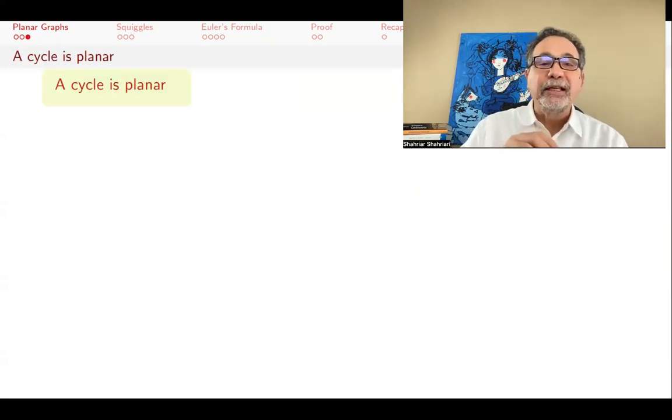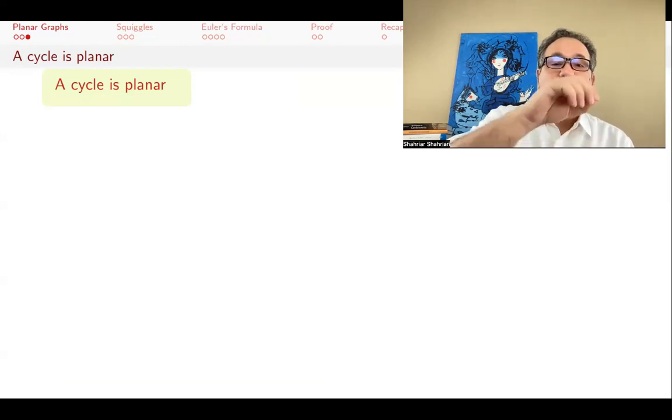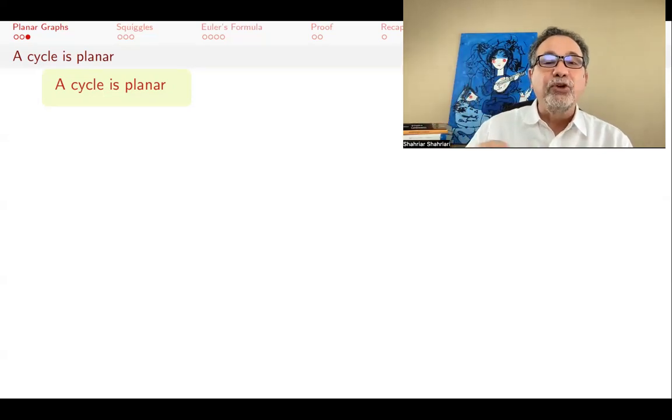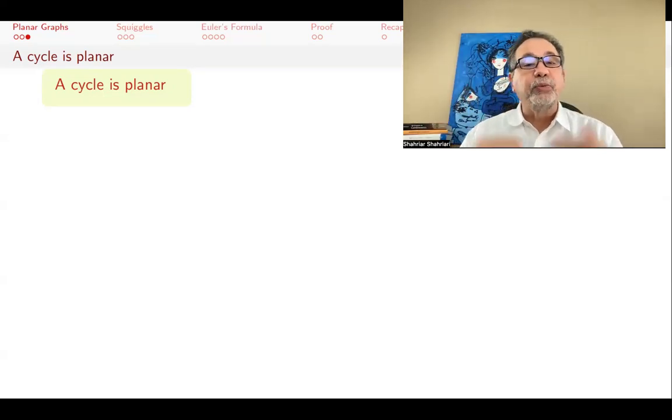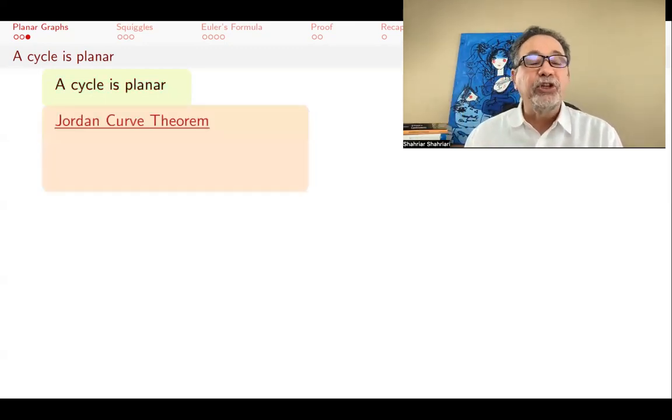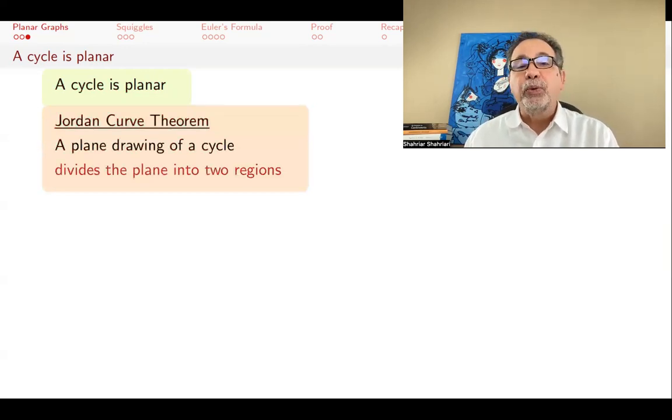A cycle is when you start with a vertex and you go through one edge to another vertex, and so forth, and you come back all the way where you started with no repeated edges or vertices. A cycle is planar because you can just draw it going around. In topology, the theorem called the Jordan curve theorem says that a plane drawing of a cycle always divides the plane